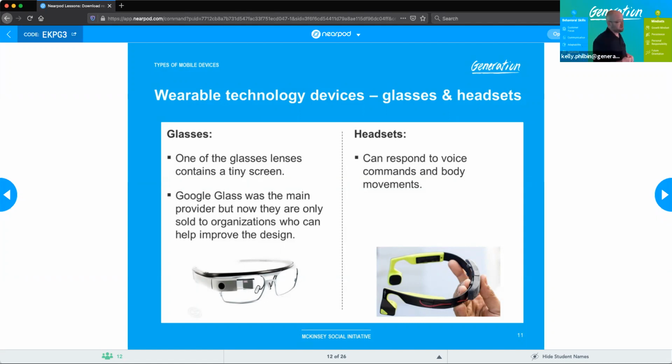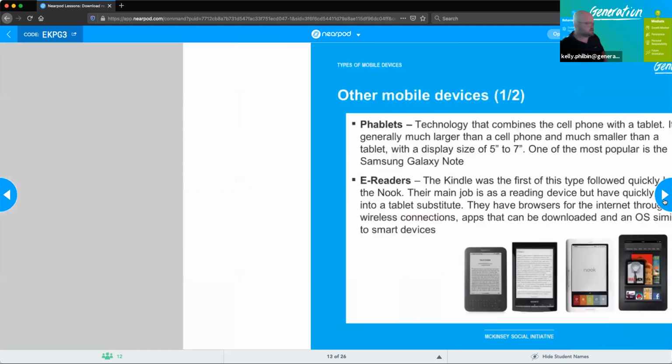Headsets. We've been using these for quite some time now, being Bluetooth headphones and things like that, and having that direct connection to your phone. You can answer calls. You can talk to Siri or Alexa or Cortana through it, and they offer increased functionality. It may not be perfect, but sometimes it's much quicker and easier than reaching in your pocket for the device and trying to go for it that way. If you could just do a couple taps on the side of your head and get to where you need to be. So in each generation, they try to increase the functionality and ease of use,